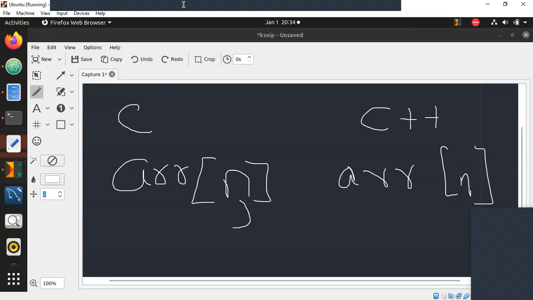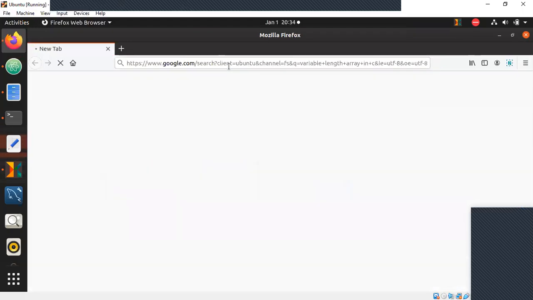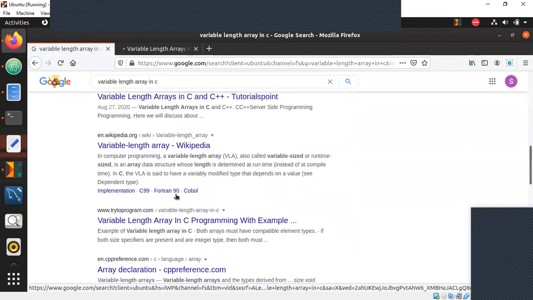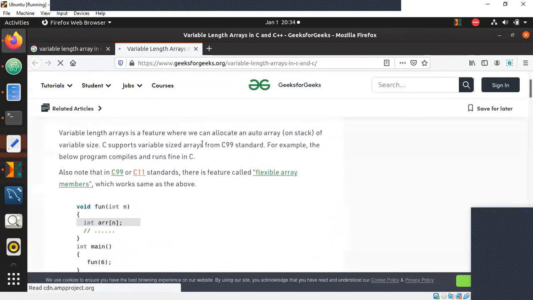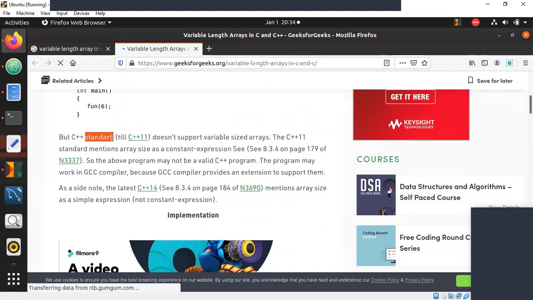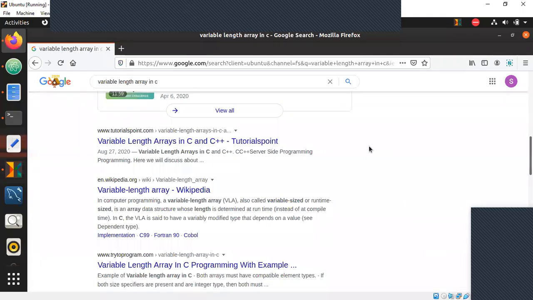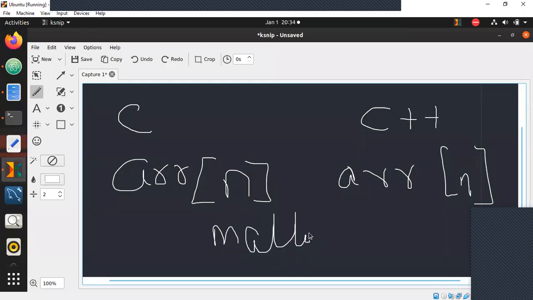If you want to know more about these differences, you can search for variable length array in C. You will get a lot of different links and be able to learn a lot through this. Here they have mentioned that C++ till 11 does not support it, only after 11 it supports. The condition is that it should be constant only. So with some compilers chosen online, you may not be able to create an array of n elements directly. To do that, you may need to use malloc instead.